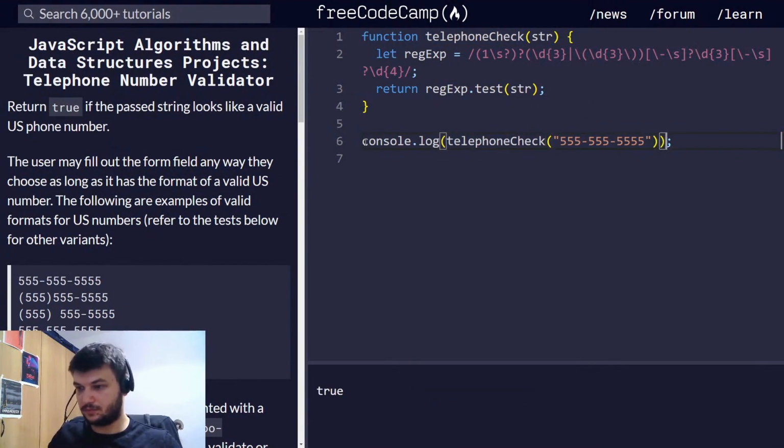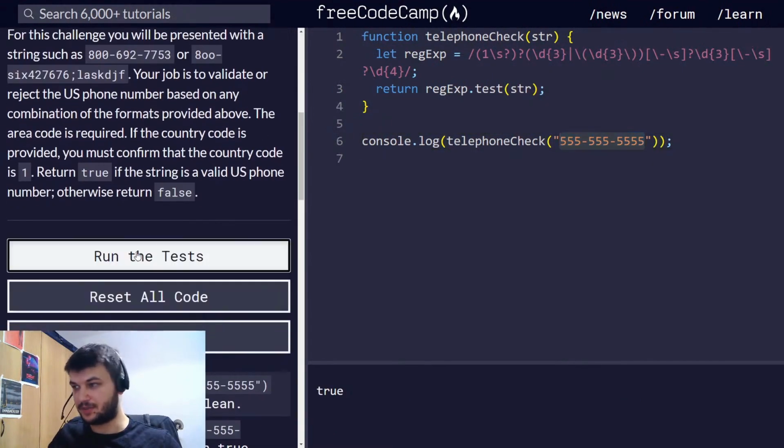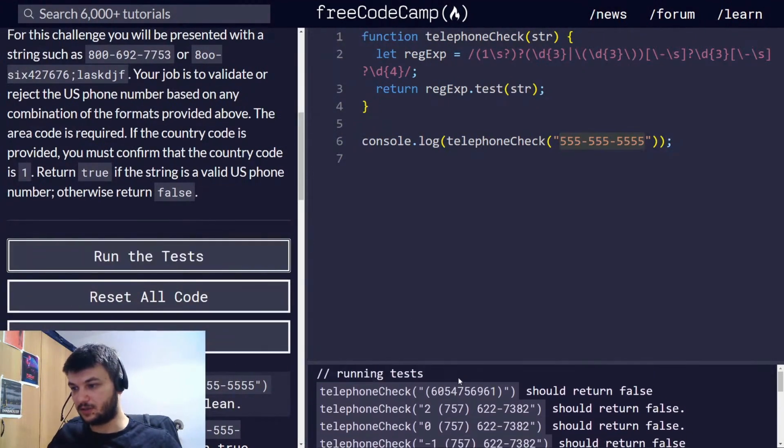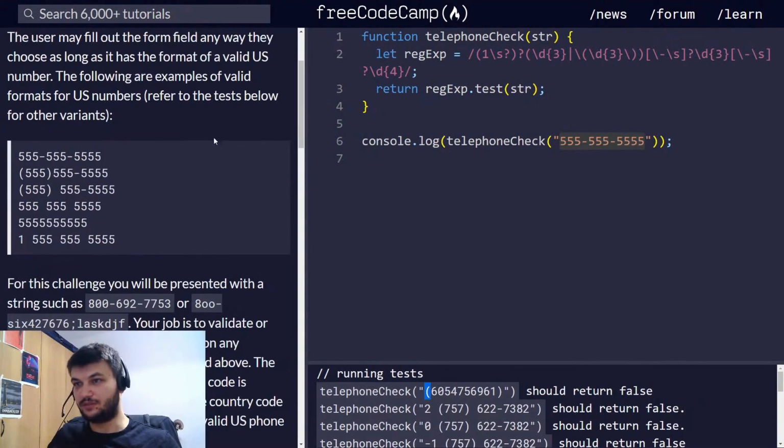Okay, so it works for this one. It returns true. Let's run the tests. There might be something still wrong. Okay, so it's not covering this case. Okay, so we should make it explicit here that we need to start with a number. So I'm going to use